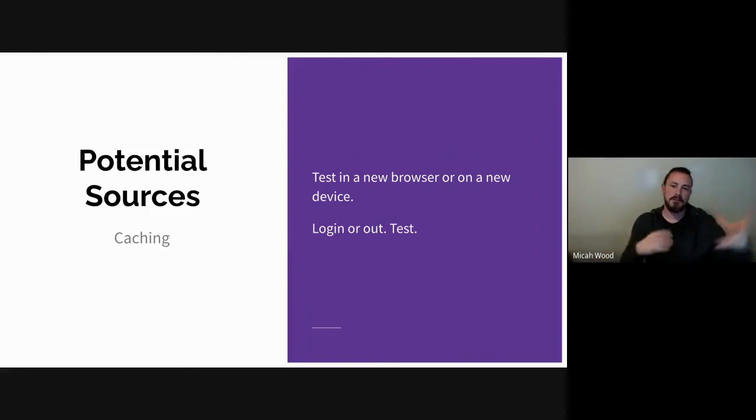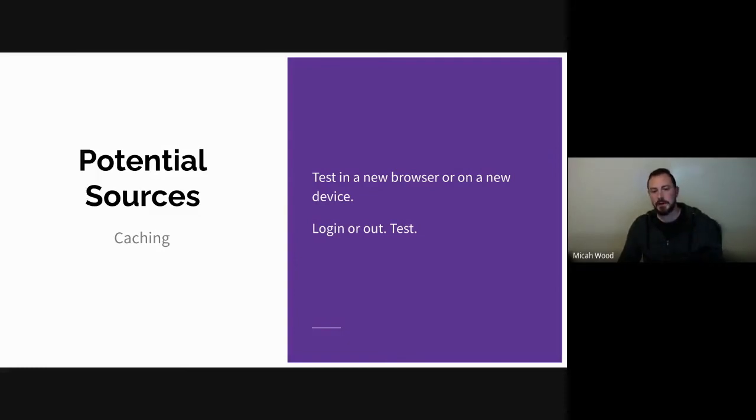So there's a lot of different places that can happen. By switching browsers, you're able to say, okay, if the browser that I was just in cached it, when I go to a browser that I haven't used, it isn't cached. And if it looks different than the one we just looked at, then it's probably a caching issue. And again, try it on a different device. Does it happen on a mobile phone as opposed to a laptop?